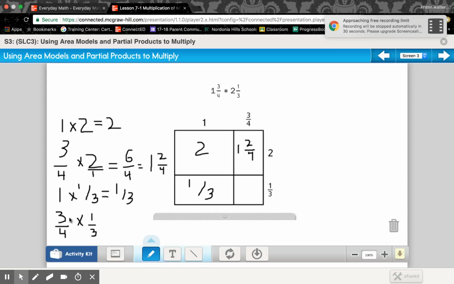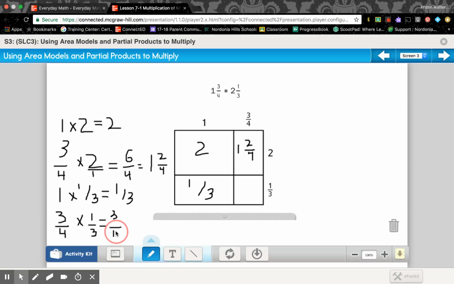And then we have 3/4 times 1/3. So then we have 3, and then we have 12. So we have 3/12. Okay, we're not done. Remember, our final step is to add these all up. In order to add